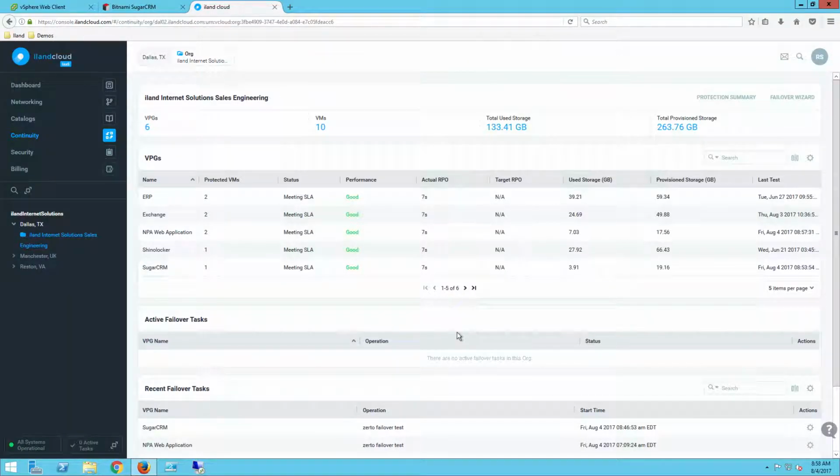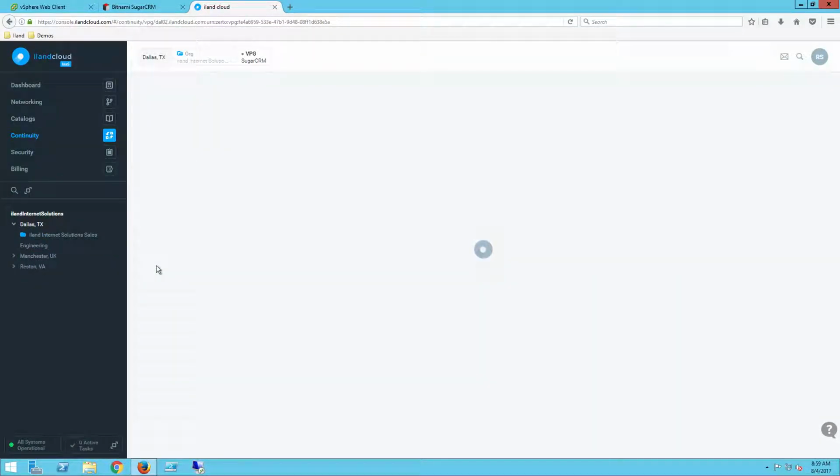So we've now logged into the iland Cloud Console, which is an HTML5 browser application, and we can see here on the continuity tab the various virtual machines that are being replicated from the simulated customer environment in Reston down to the Dallas data center. On the screen here we can see our Sugar CRM application. We can click on there and zoom in for a little bit more detail,